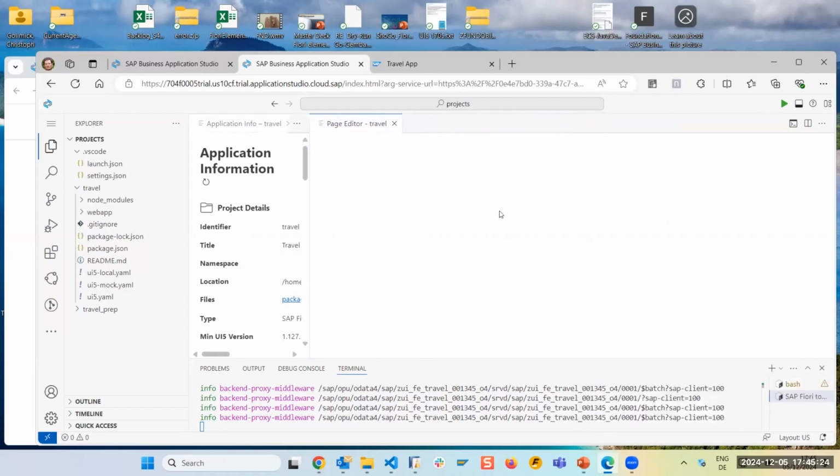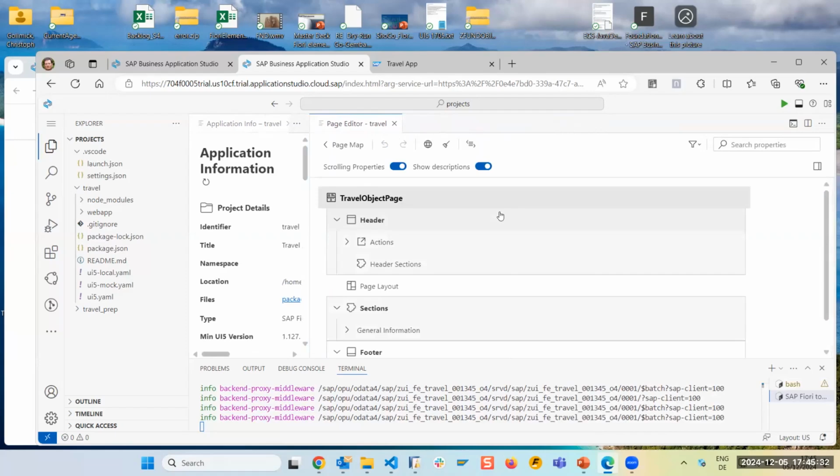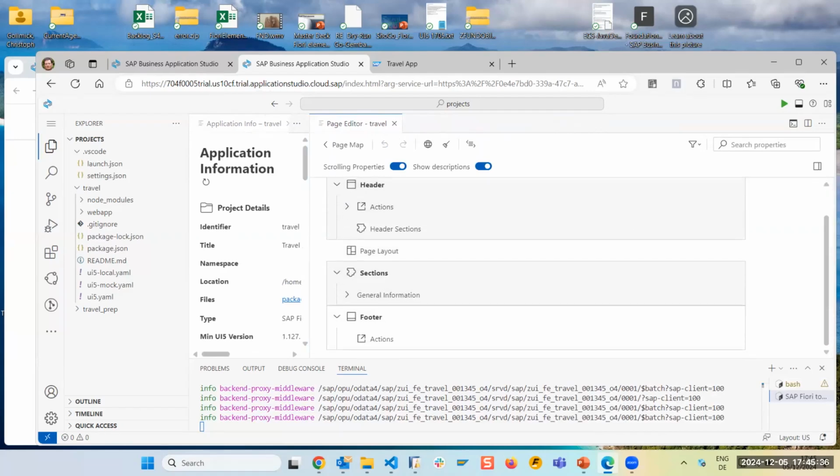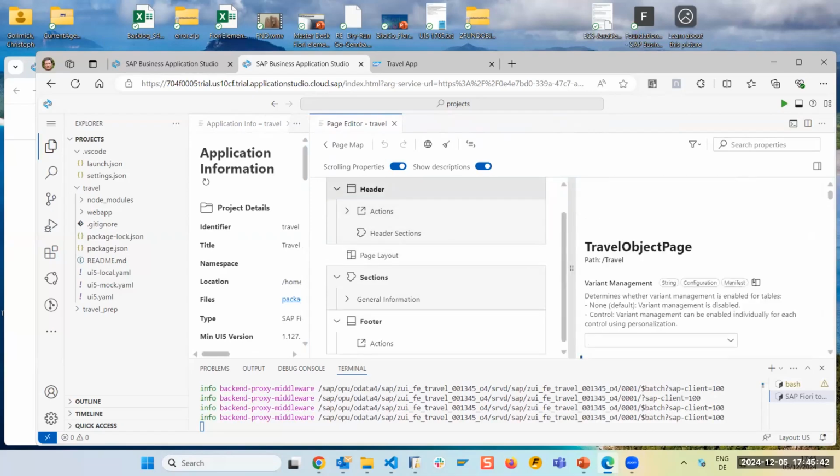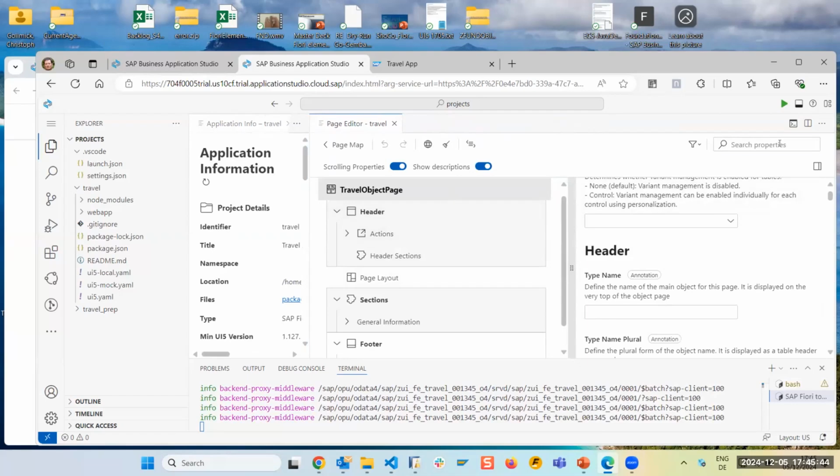So what's opening now is the page editor, part of the application modeler extension in SAP Fiori tools. And it will provide you with an outline of the page, and you can change properties here. So we want to modify the title. So that means, okay, let's use a search.